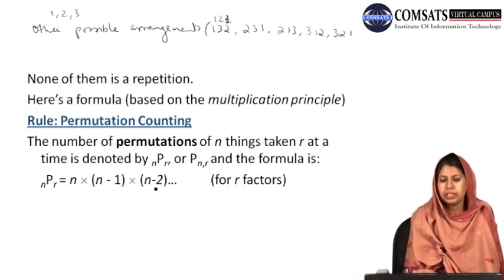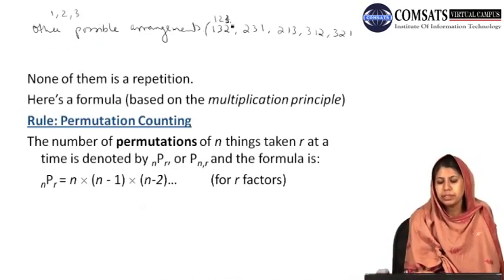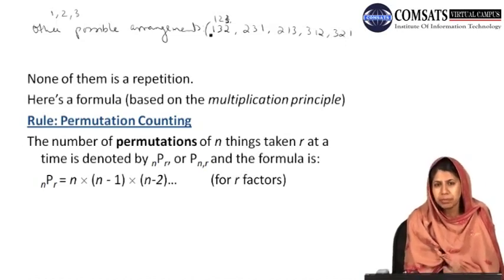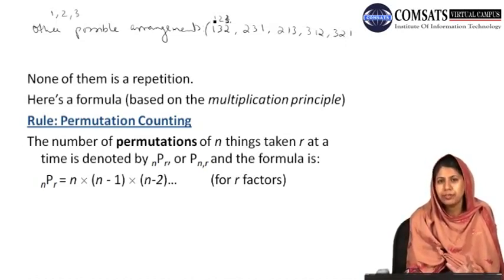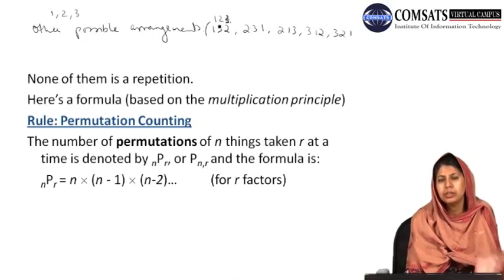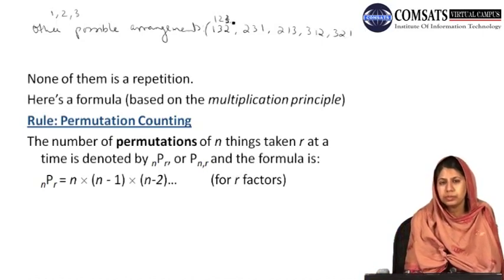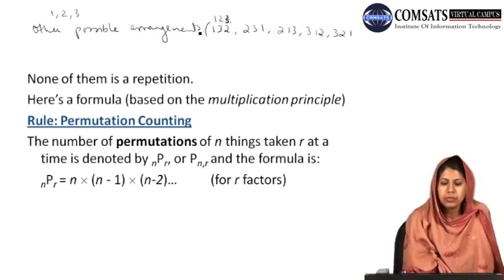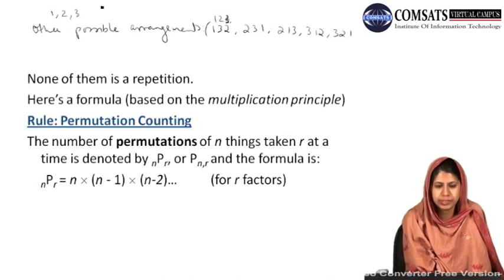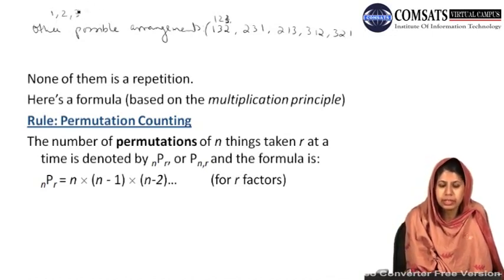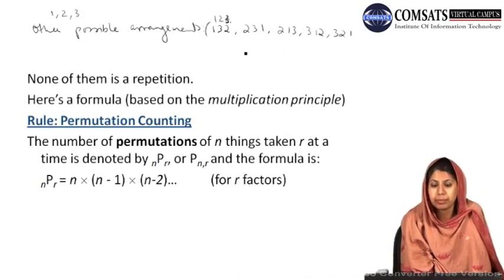For example, we have one arrangement 1, 2, 3. The next arrangement is 1, 3, 2, and it contains the same items which we have considered in our first permutation. But the definition says that different arrangements count towards a new permutation and they are counted separately. So 1, 2, 3 is one permutation and 1, 3, 2 is another permutation, even though both of them have the same items. Now we are interested in knowing how many possible arrangements we can make from this particular set having 3 items, using all the 3 items at the same time.